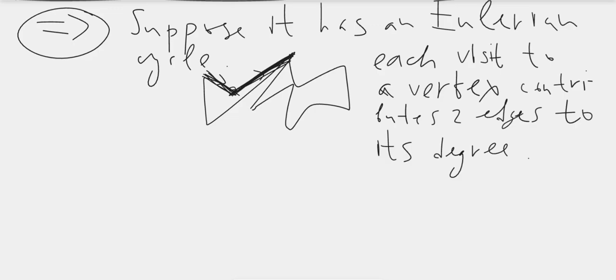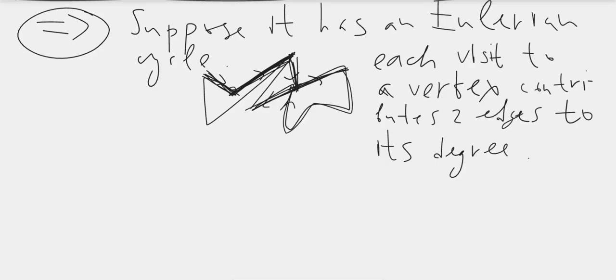We might visit this vertex multiple times. For example, this vertex is visited twice. So we pass here and here. We contribute 2 to its degree, and then when we go here, we contribute another 2 to its degree. So each visit to a vertex adds 2 edges to its degree, and whatever is the number of times that we visit the vertex, in total we would have